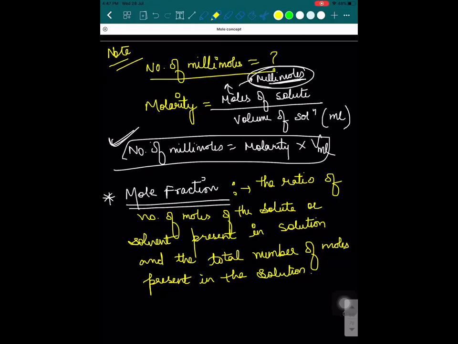Just write it down a bit fast. I have to discuss the sheet also. It is represented by chi, curly x. Electronegativity is also represented by the same symbol when you study the periodic table, and mole fraction also, chi.